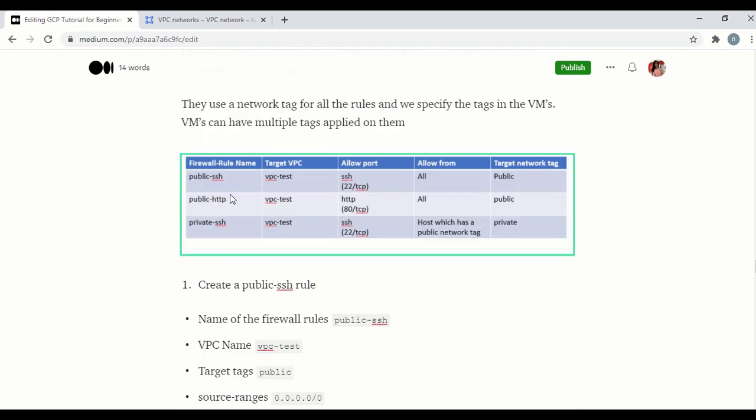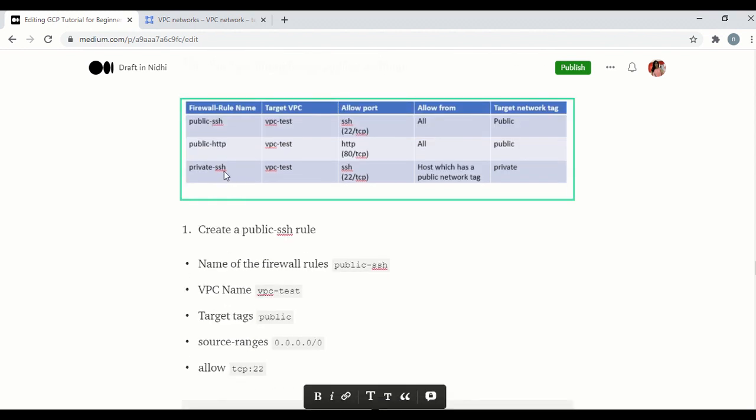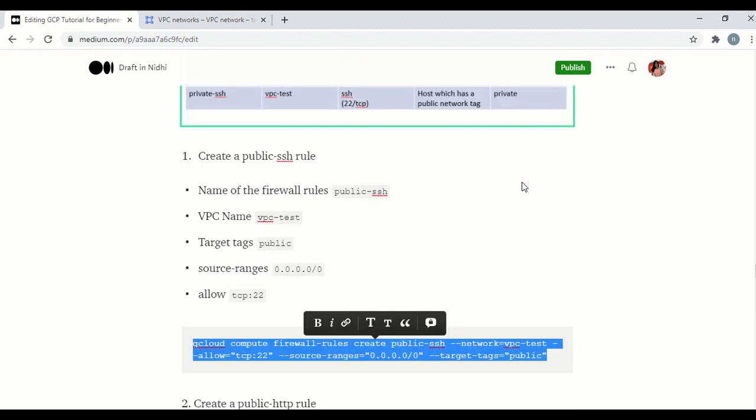So when it is creating a firewall, we can see the next firewall now. So now we will be creating public HTTP. Same concept, the port is 80. So that when we run anything which is running on 80, we can access it using the external IP of that VM, right? For that, we will be creating the public HTTP. And the private one, we will be creating for our private VM, because we don't want that private VM to be accessible by all, right? So here we will put that configuration, that only a host which has the public network tag can access that instance.